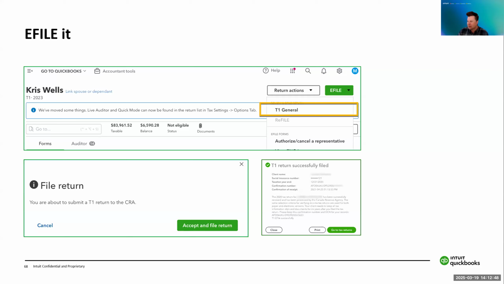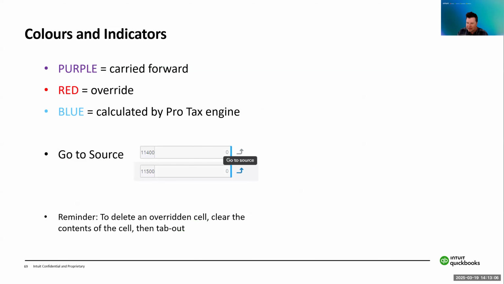And then you just click accept and file return. And then once it has been filed, you'll see the T1 return successfully filed. I say print that off and then use that attach documents function in ProTax to attach that to the tax return as well. Yes, Carolina, the presentation, I will show you how to access those.